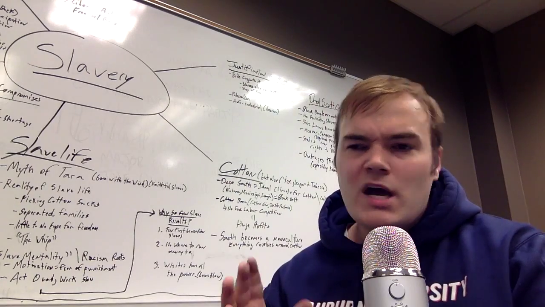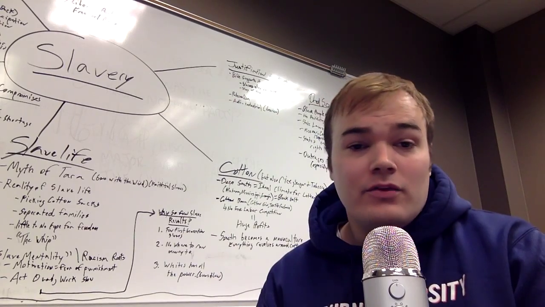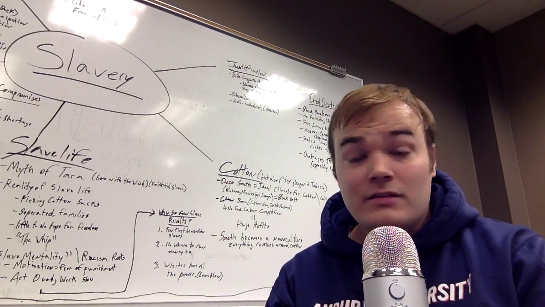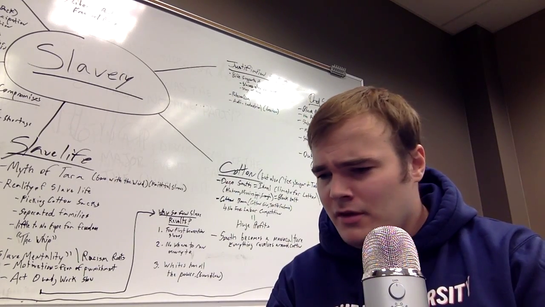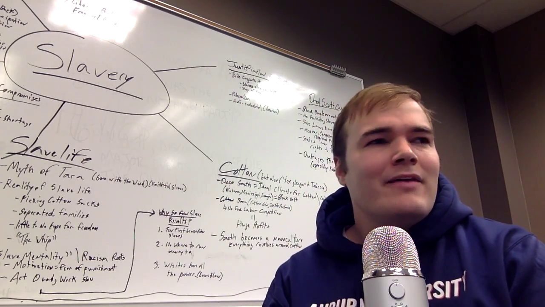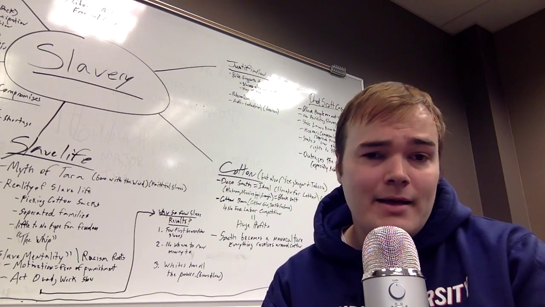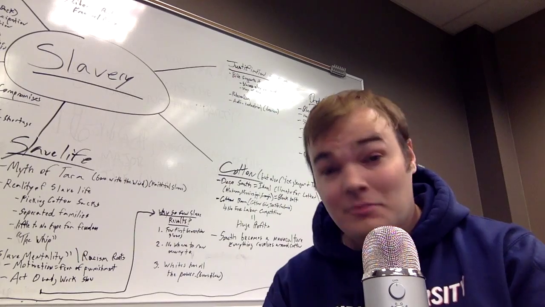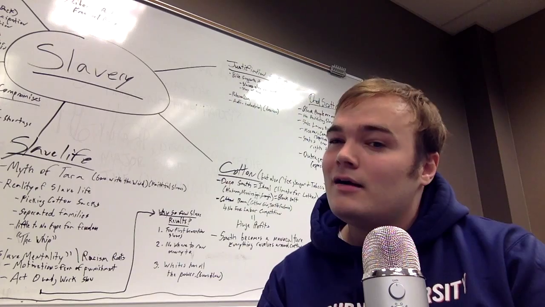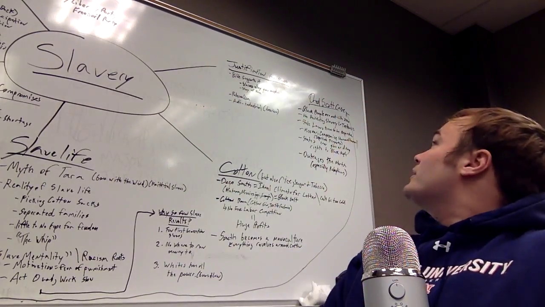People in the South are not just going to say, hey, we like slavery because it makes a lot of money. They're going to justify it through other means. The big one is biblical support. The Bible has slavery in it, cover to cover. Whether we're talking about the story of Ham, or the book of Philemon, or that classic quote, "slaves, obey your masters," it's a reality that the Bible very much acknowledges. Now, there's going to be a lot of controversy on what it exactly says on it being right or wrong, but a lot of people in the South are going to use that for justification of slavery.